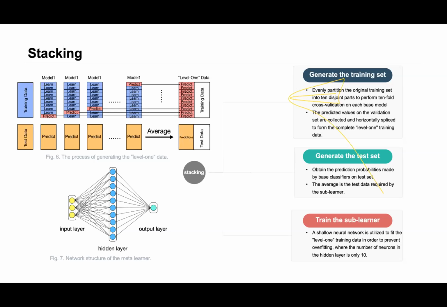Then we need to train the sublearner to learn the optimal combination of these 3 base classifiers in order to prevent overfitting. The meta learner is generally a simple model. In this paper, as shown in Figure 7, a shallow neural network is utilized to fit the level 1 training data, where the number of neurons in the hidden layer is 10. That is the whole construction process of our ensemble learning model.